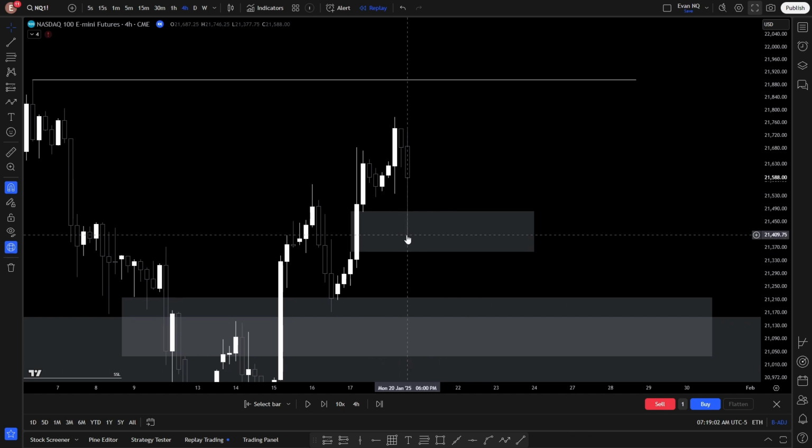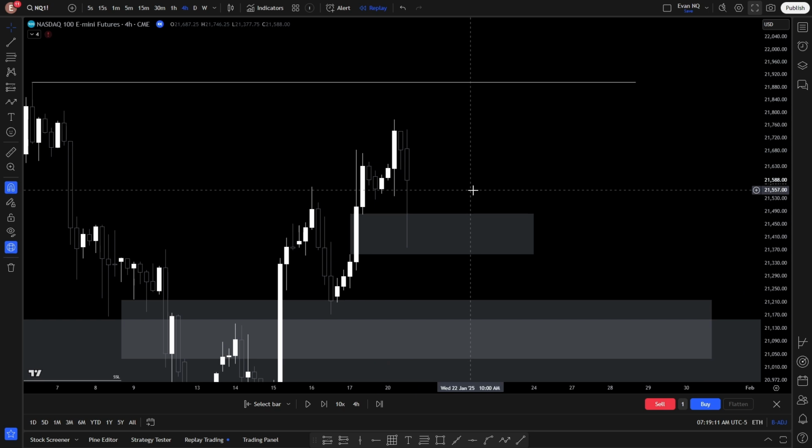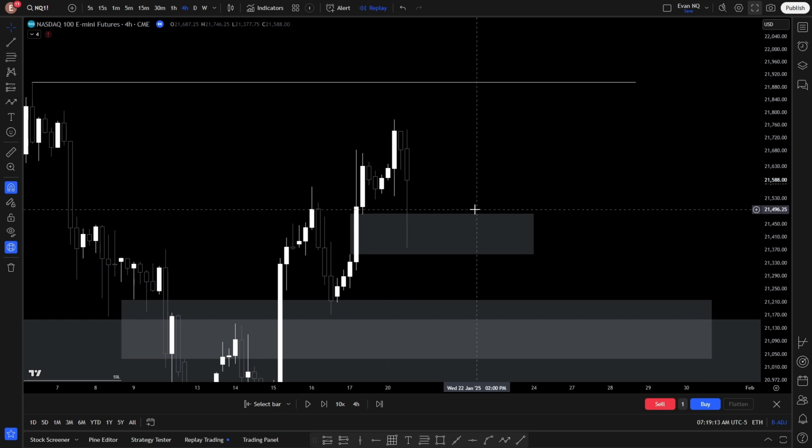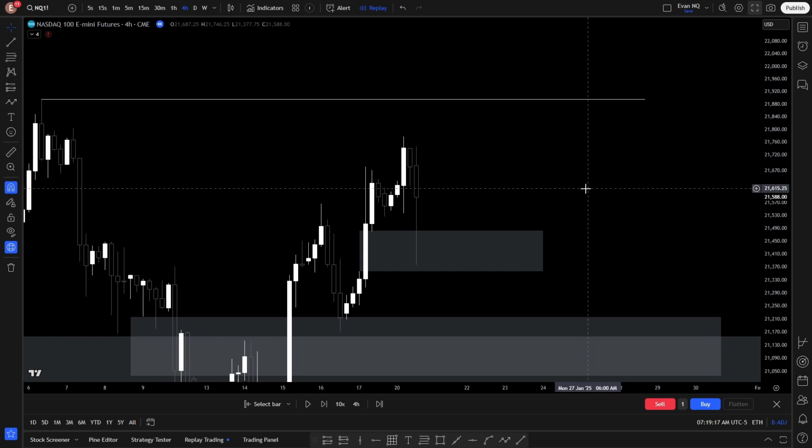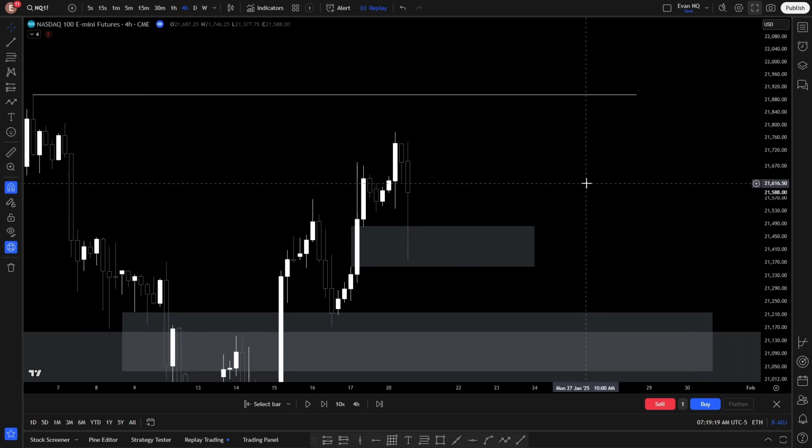This wick basically tells us the story that this candle came down, all the way down, almost to the bottom of it, and instantly bounced back up. And that should tell you that order flow still is bullish and that we still want to go to this high. So respecting a bullish PD array,